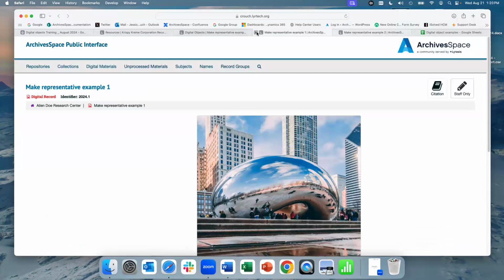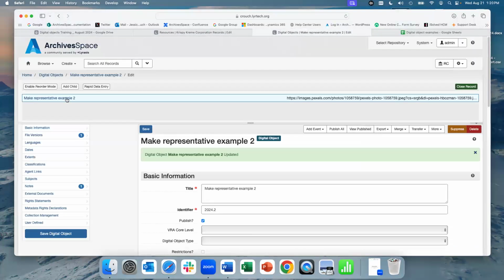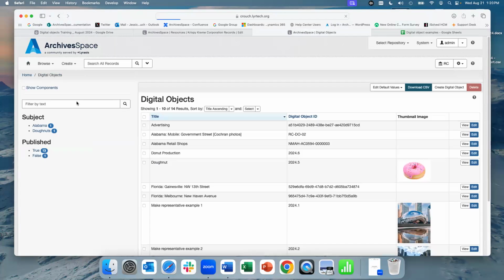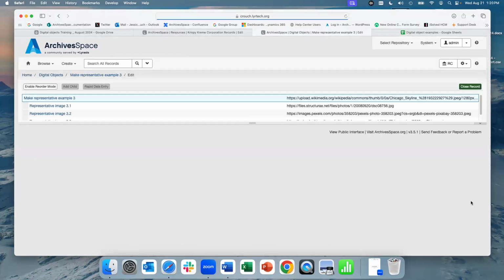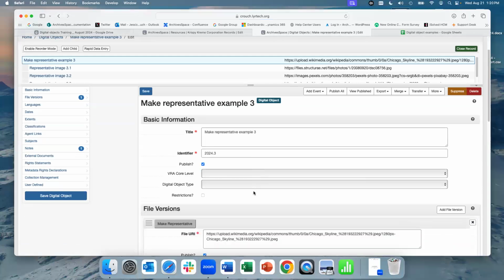Let's see, let's close these. All right. And then the third way that you can invoke the make representative functionality for a digital object